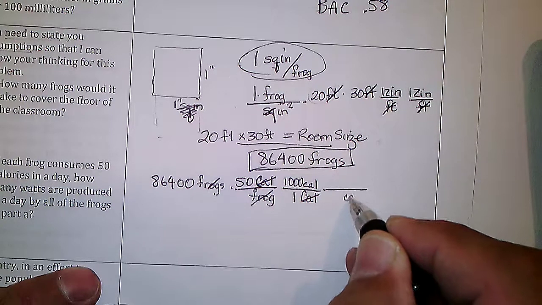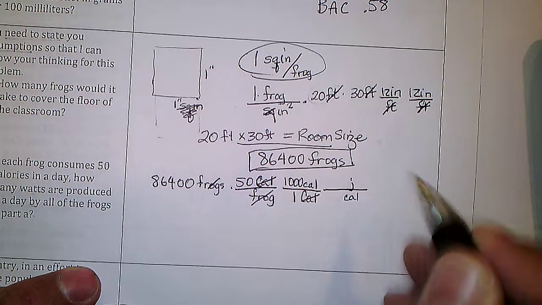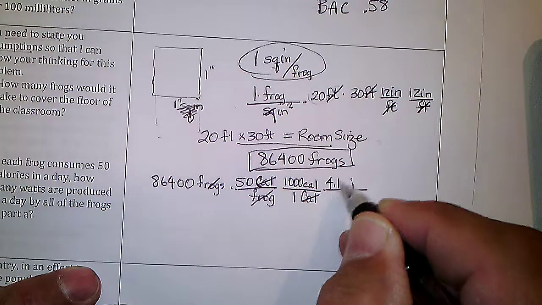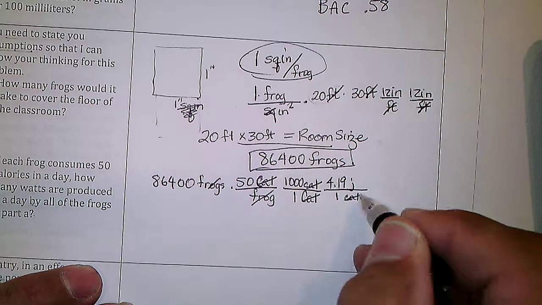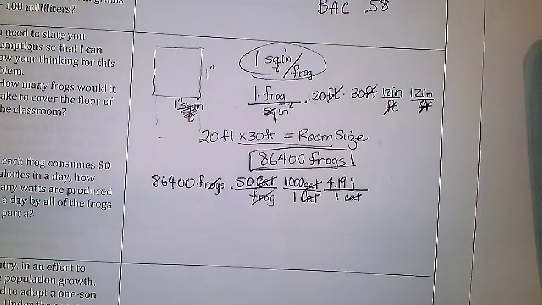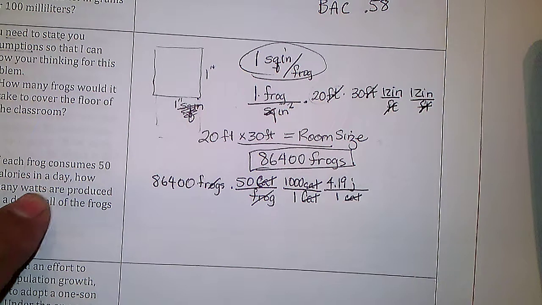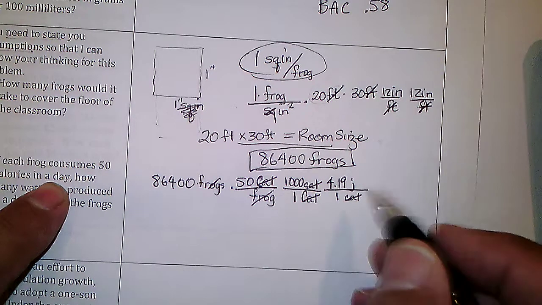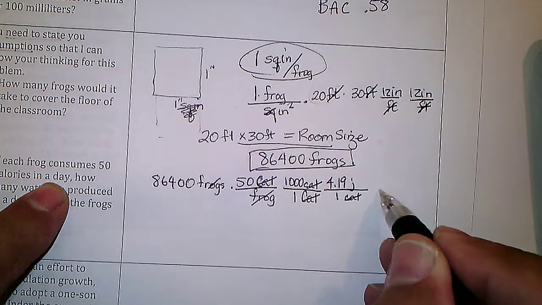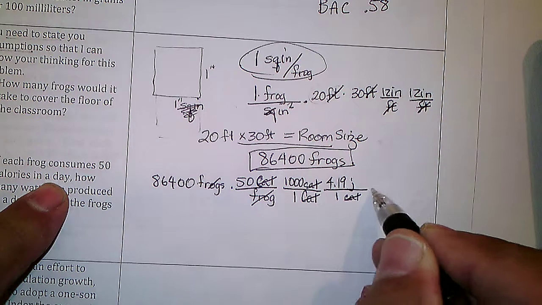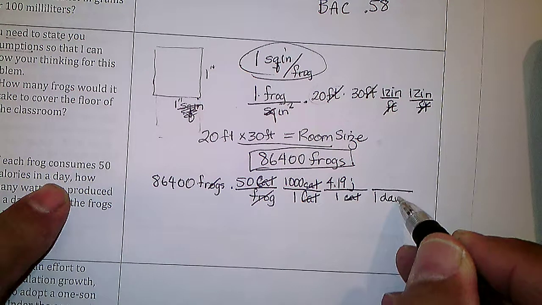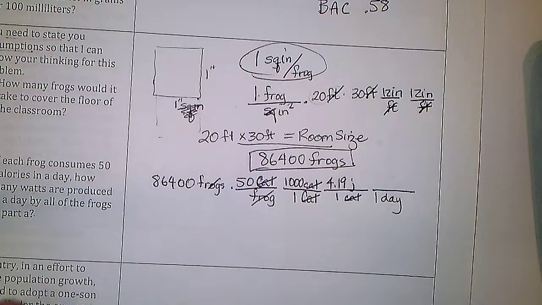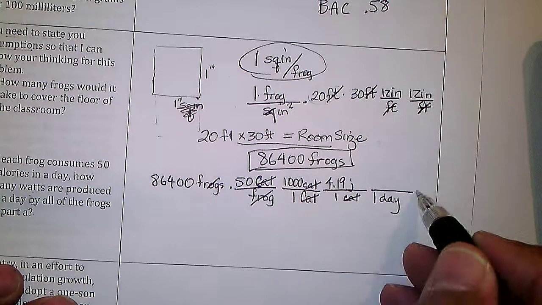So I got a little calories to go and get joules. 4.19 joules is 1 calorie. So now I got joules. But I have to get per second, and this is in a day. So I now have to get time in the bottom, and this is 1 day. But I need it in seconds. So now I have to multiply by,